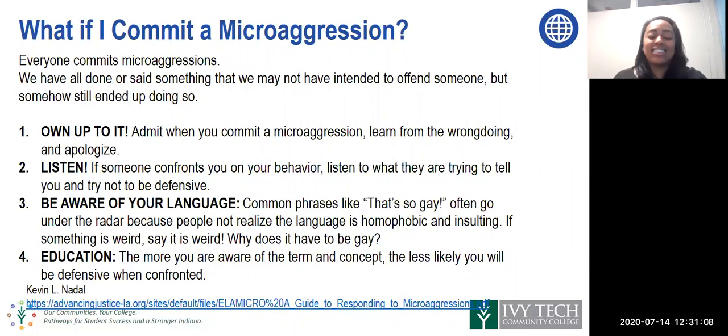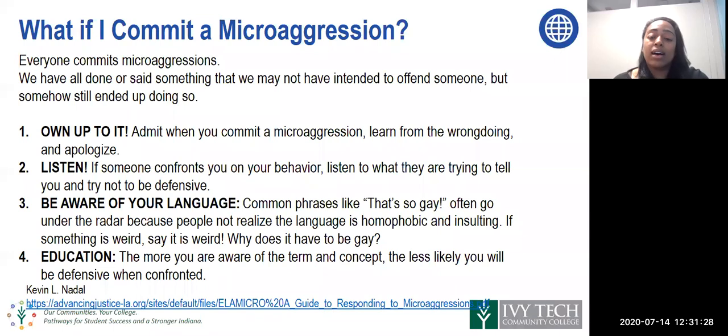And I mean, you see meme after meme after meme, like, school is ghetto, or whatever, when that doesn't even make any sense, right? So again, number 3, beware of your language, common phrases. That's a common phrase. That's something that people are just saying that they have no idea what a real ghetto